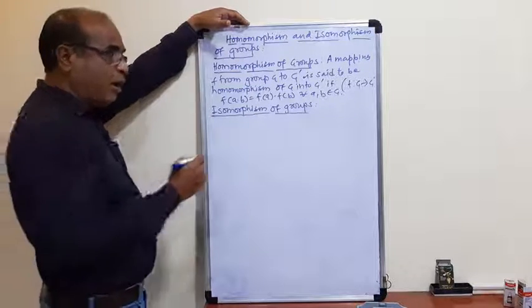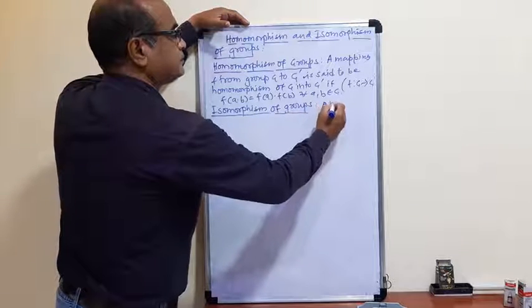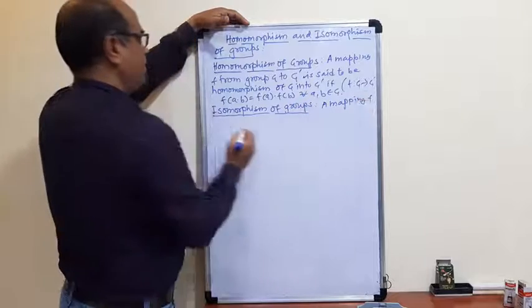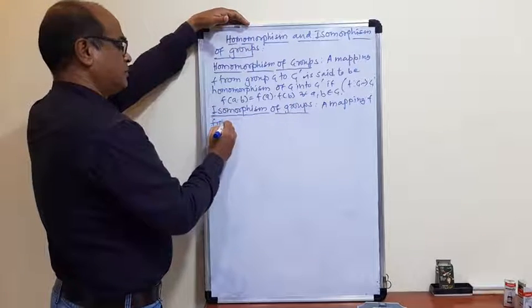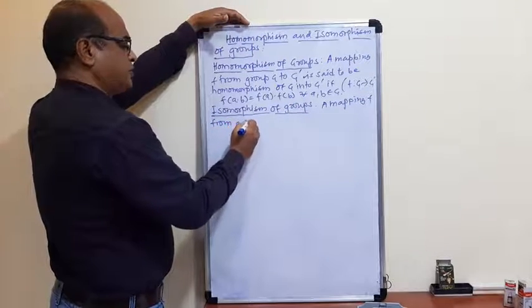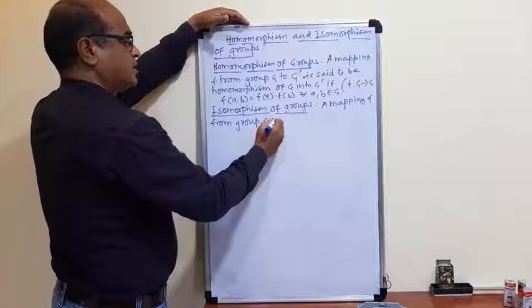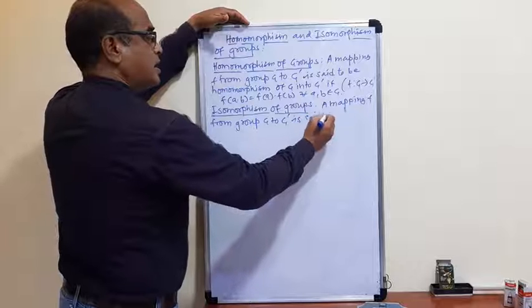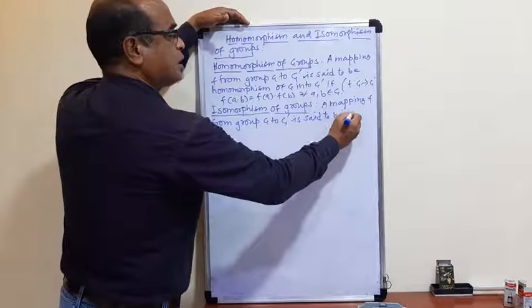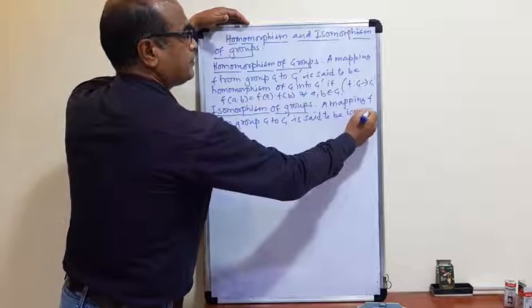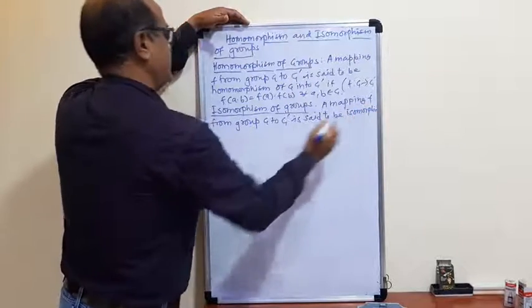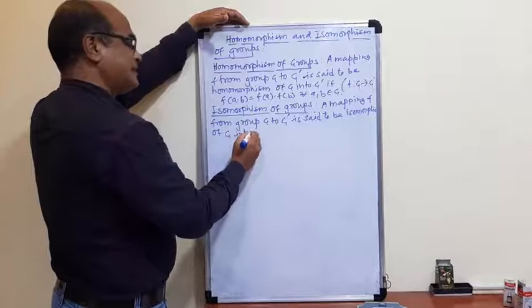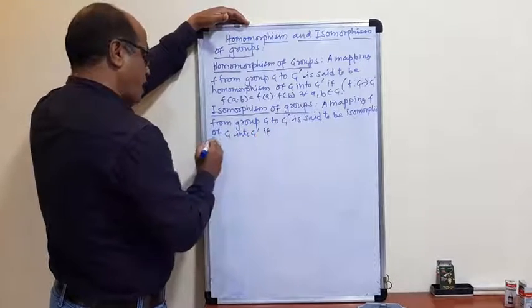A mapping f from group G to G dash is said to be an isomorphism of G into G dash if, one,